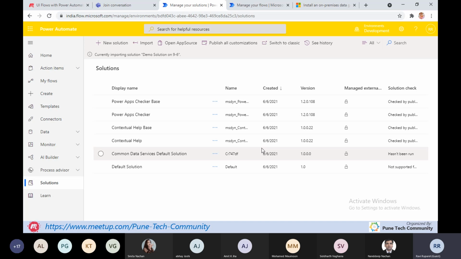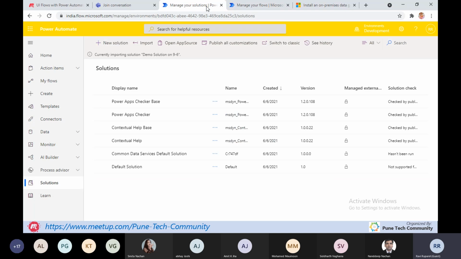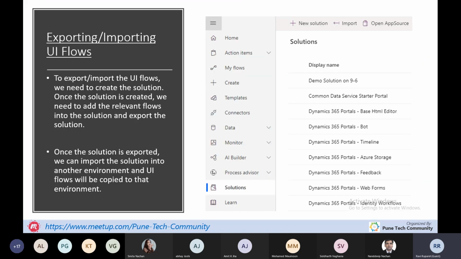So once the solution is imported, all the flows will be shown over here. Let me go to the next steps. Once this is done, it will be shown over here. So let me go to the next slide.